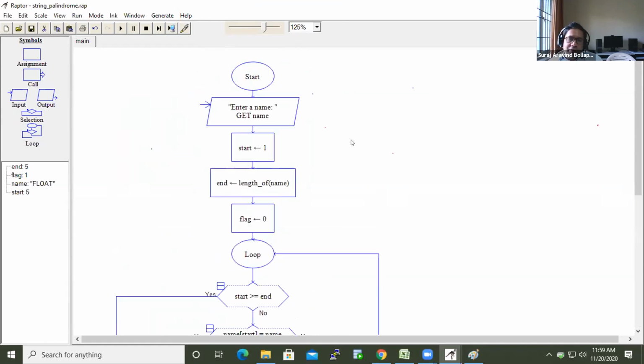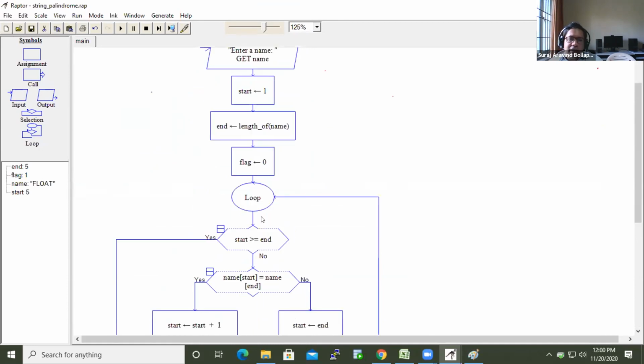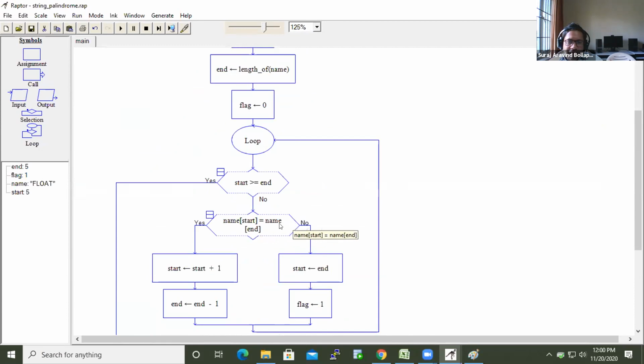What we have tried to do is we have taken a word, we have taken the two indexes, starting index and ending index, to traverse it from right to left and left to right. This additional variable is taken so that when both the indices come to a place, we have to stop, or when they are not equal, we have to stop.